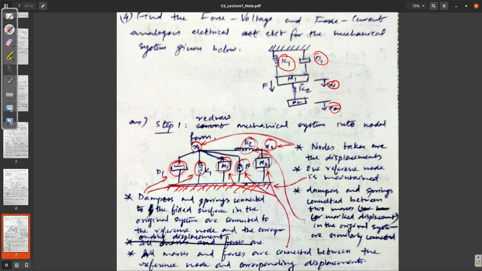And this one, K2, is connected between two masses, that is between two displacements. So that is also connected between two nodes. That is how you get the nodal form of a mechanical system. Okay. Once you have this,